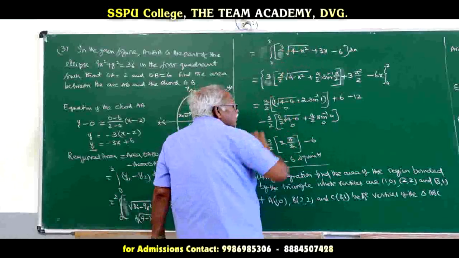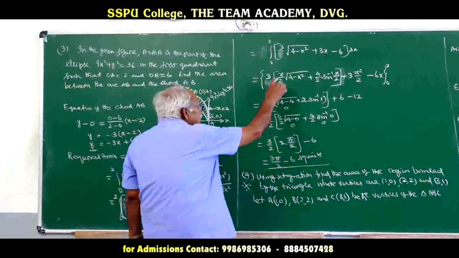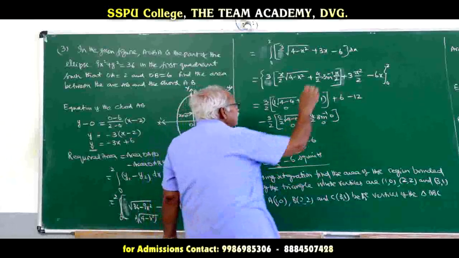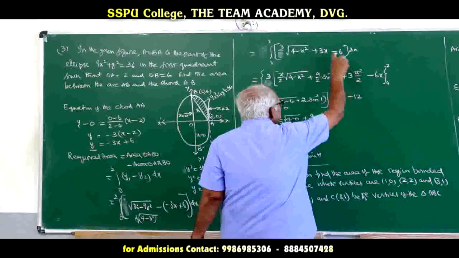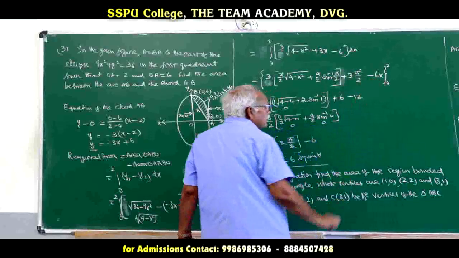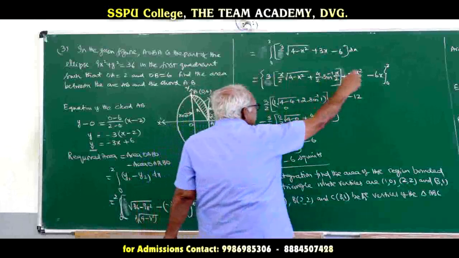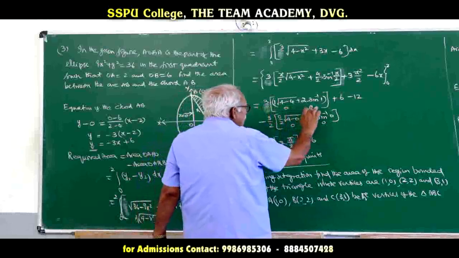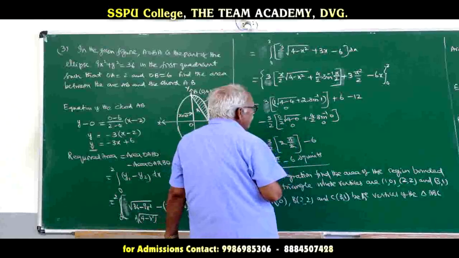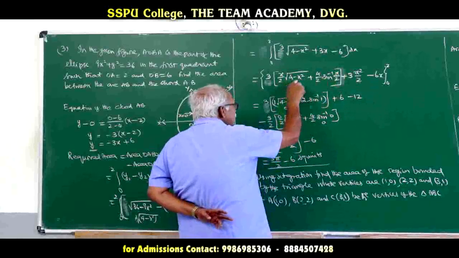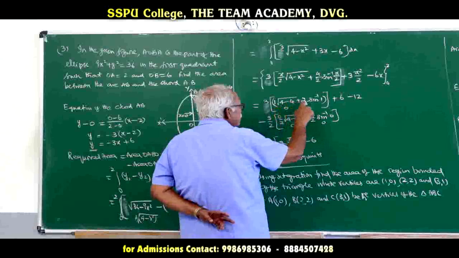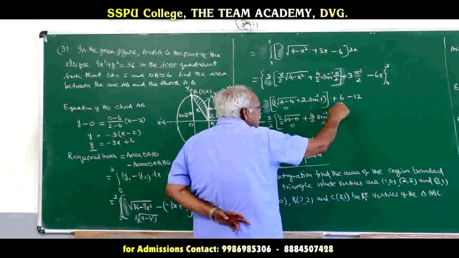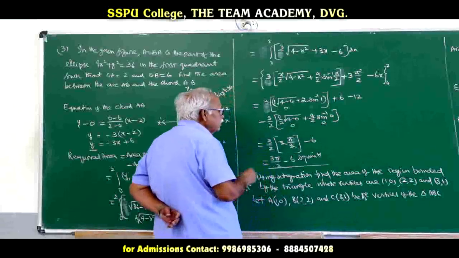3 into the formula for square root of 4 minus x square is x by 2 root of 4 minus x square plus 4 by 2 sin inverse of x by 2, and then the integration of 3x is 3x square by 2, integration of minus 6 is minus 6x, with all these things with the limit 0 to 2. Now, this is 3 into upper limit minus the lower limit. Upper limit, when you substitute 2 here, 4 minus 4, this is 2 by 2, 1. 2 into sin inverse of 2 by 2, which is 1, and 3 into 4 by 2, that is 6, minus 12 upper limit. Lower limit is